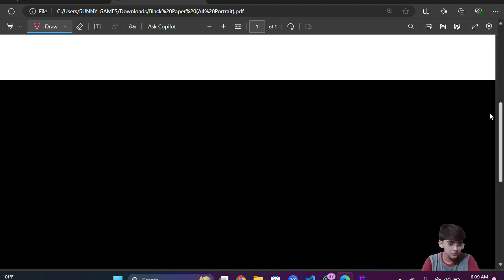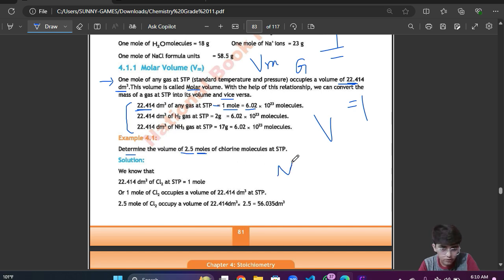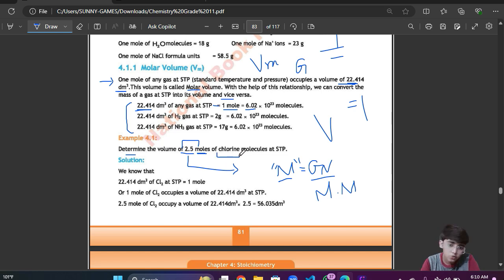Let me switch to another black screen. Now let's read it and try to understand it. It is saying: determine the volume of 2.5 moles. Now, moles equals given volume upon molar volume, that is, the volume at STP as well. Now I can simply put 2.5 as the value of moles, because our moles are 2.5 in this whole scenario, and we have to find the volume of these 2.5 moles of chlorine